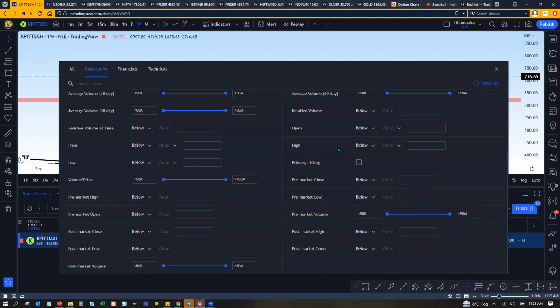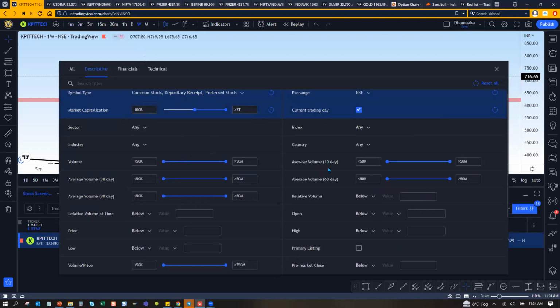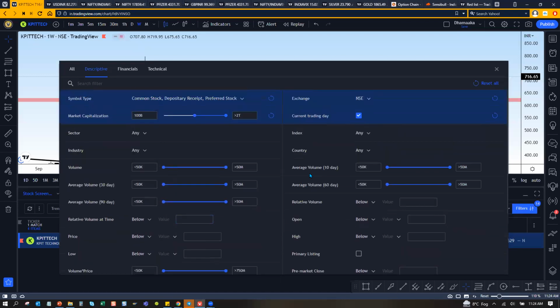One is all your descriptive data, market high, open high. Someone, I think a few minutes back, I asked to park this question for this current moment. So you can build your screeners: which stocks opened at the high and are currently trading at the high, which stocks are currently trading at the low or post market were trading at the low, open high, relative volume. There are so many things. I just can't go and explain each and everything, but I wanted to give you food for thought so that after this meeting today, you go into this and play around and set up a screener at least for yourself, and then you'll love it.